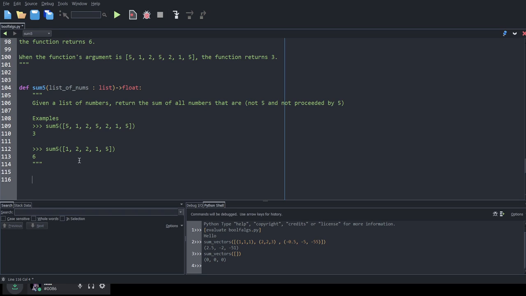Now let's think about our strategy for handling this. Let's write that out as comments first, and then once we've got all the comments, we can turn the comments into code, and that should be a lot more lightweight than trying to write the code without knowing exactly what our plan is. Okay, so let's write out the plan. The first thing that we need is, regardless, we have to look at every element inside the list individually.